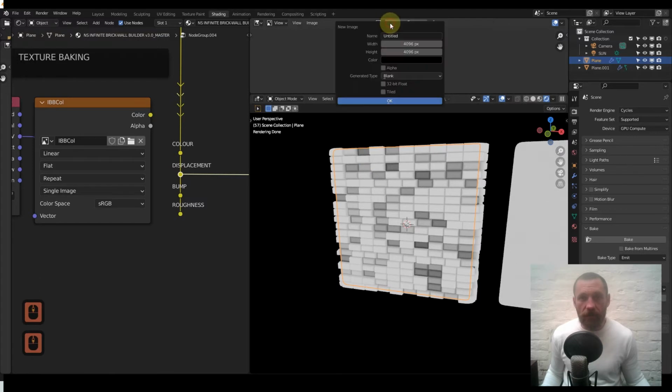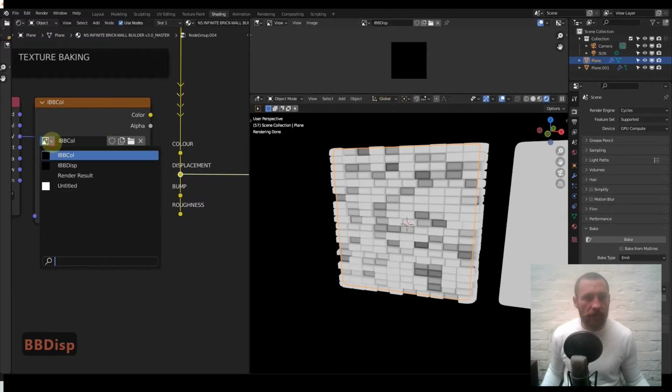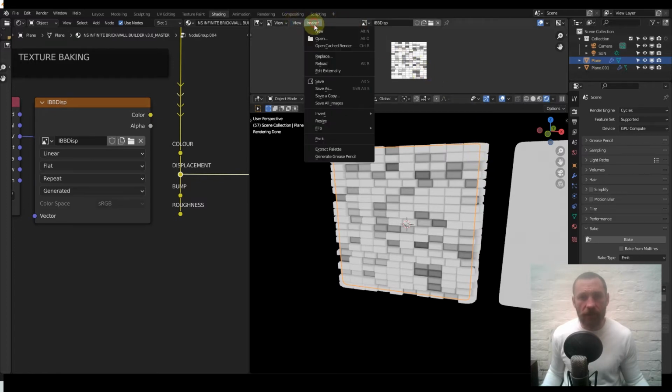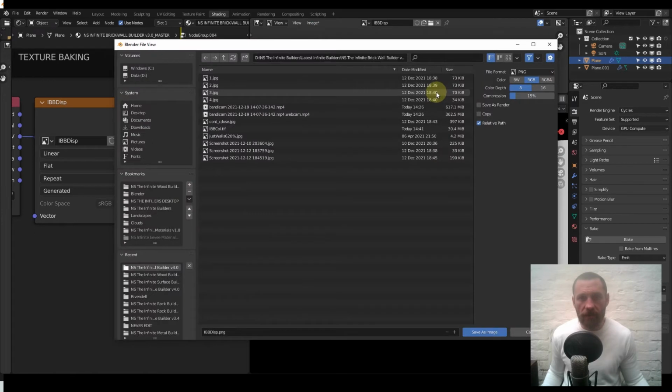So we need a new image, call it IBB disp, same settings, OK, and then change this to IBB disp, select that, press bake. And there we are. So we want to save that image, save as, because none of this is color information. We don't need 32-bit float or anything. There we want a TIFF, save as,